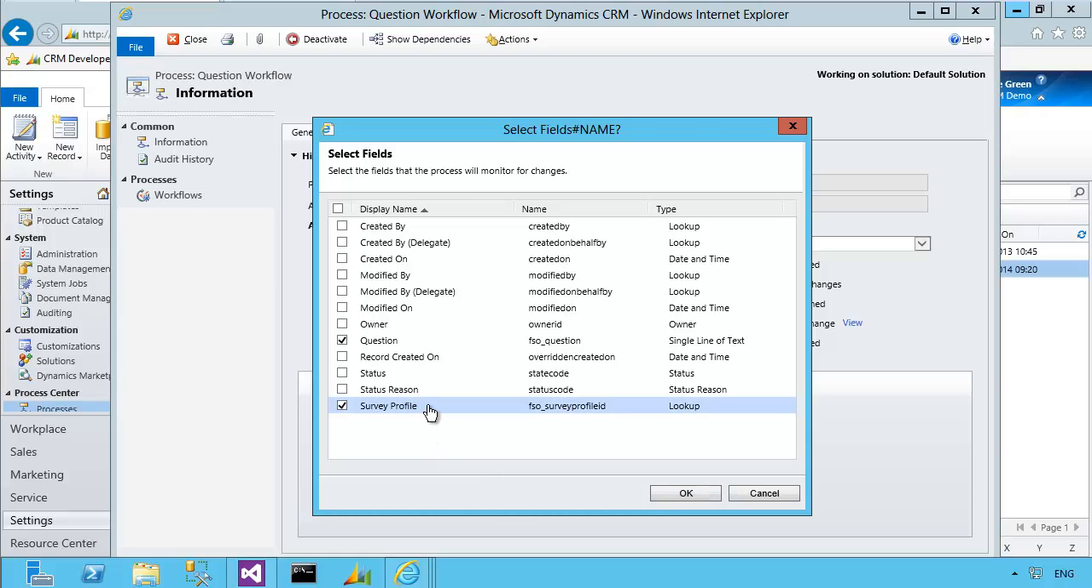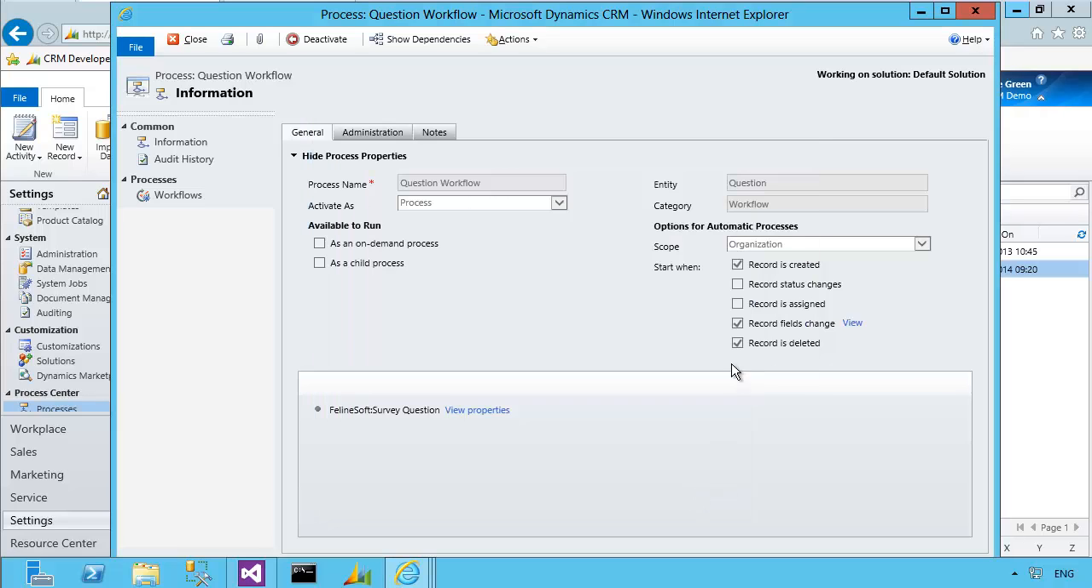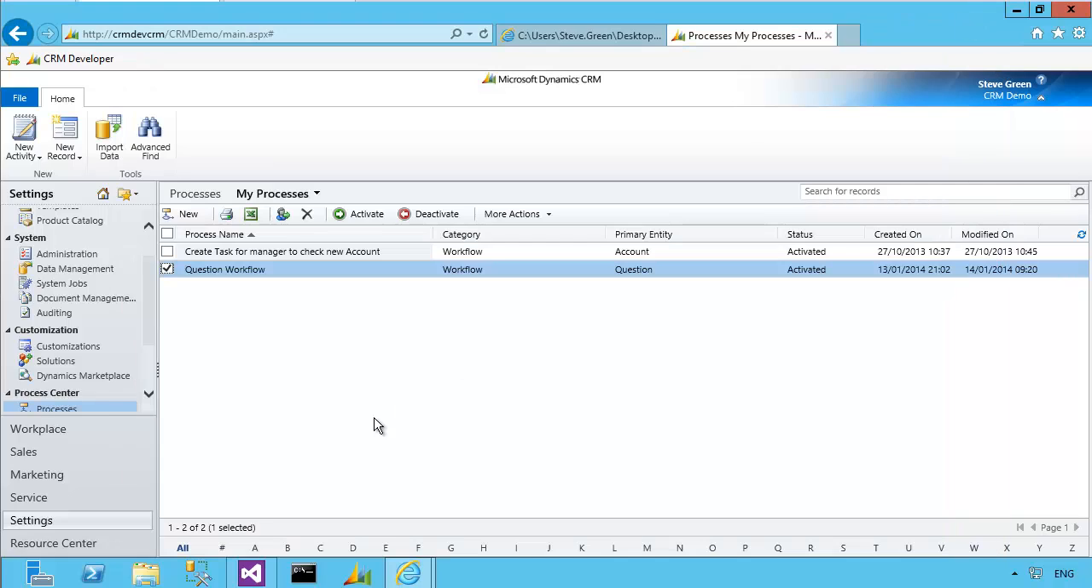I haven't tested what will happen if you alter the survey profile. I mean, ideally you wouldn't. I'd say probably delete the question and recreate it in the other survey profile, but I can demo all this in a minute. So that's the, and also if the question is deleted, it will also trigger this workflow, and the workflow simply contains one custom assembly called survey question, which I'll show you